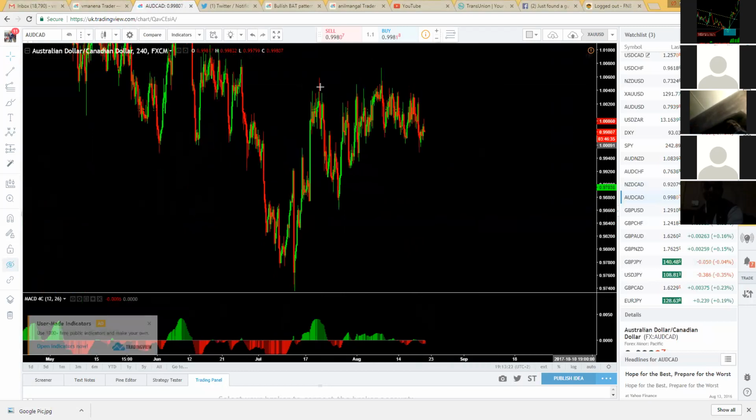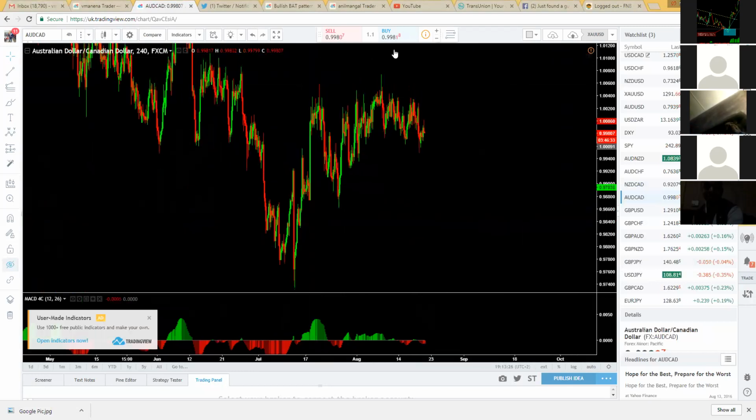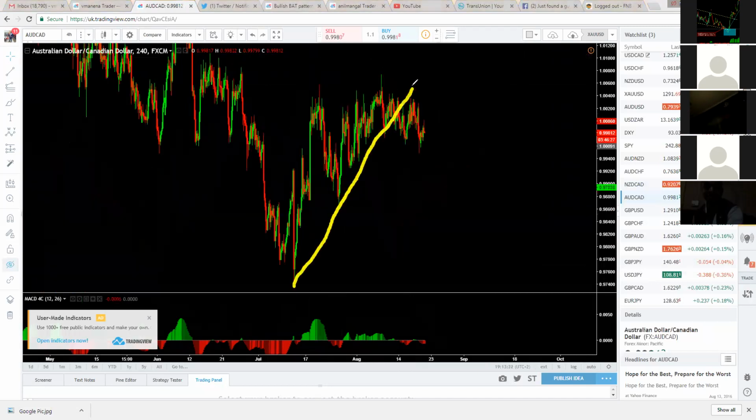So we're anticipating the move to the downside. So when this broke this trend line, see it broke here and then it made this correction. And that was confirmation for us that it is going. When it broke this and corrected here under the trend line, it was confirmation that it was going. And it did go here. And also now it's actually